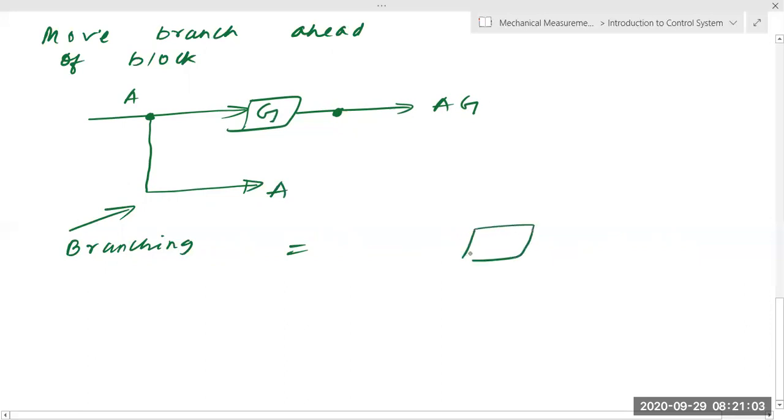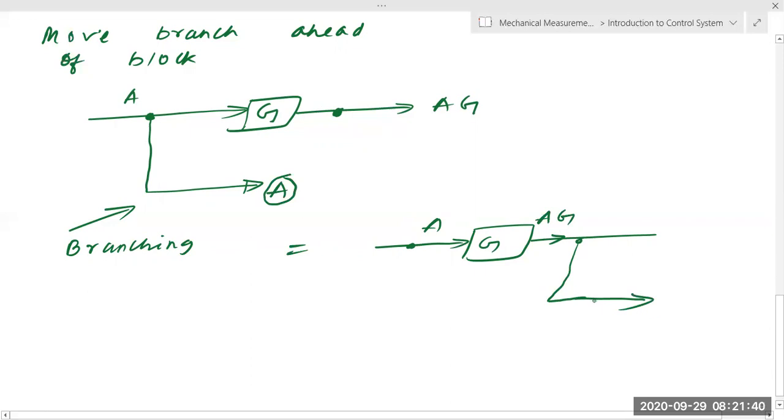So that means what will happen is, I'll just draw it for you. Okay, this is my G, this is my A. We know what is going to come out is A into G. Now there was a branch here, I am pushing this branch this side. When I am pushing this branch this side, what is going to happen? See, the signal that is coming out of this is AG. Now we know that the branch that was there was having a signal A, right? Now, the signal will change because the branch out signal now is equal to AG, right?